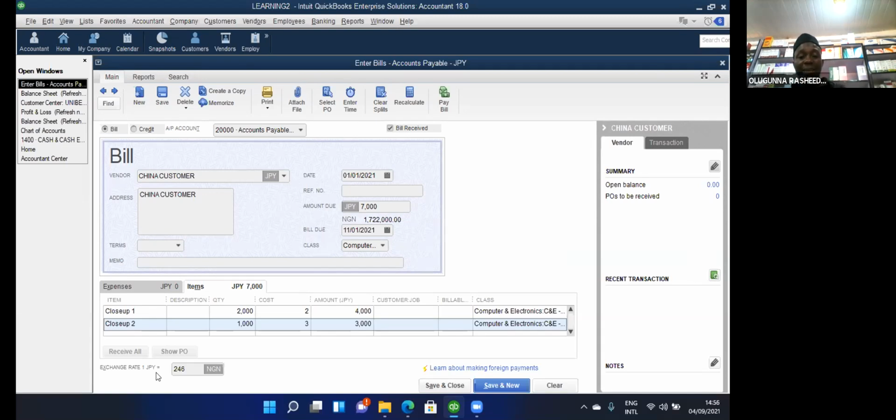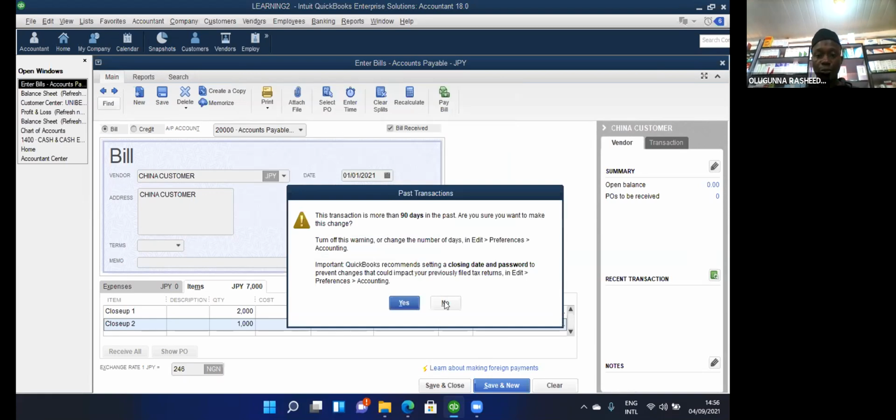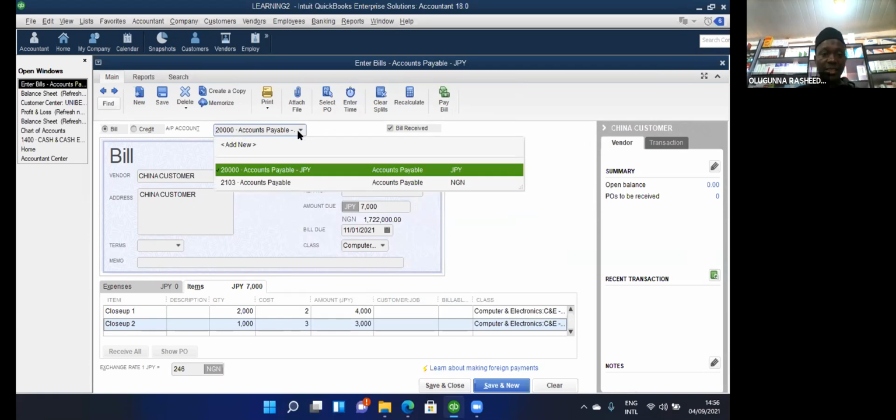So at this point in time, I'm going to click on save and close to save our bill. It said it's more than 90 days. I said, no problem. Sorry, there's one more thing I've not done. Don't change it. Don't save it. I'm supposed to change the account I want the money to go to. How will I do that? You see that this thing is already